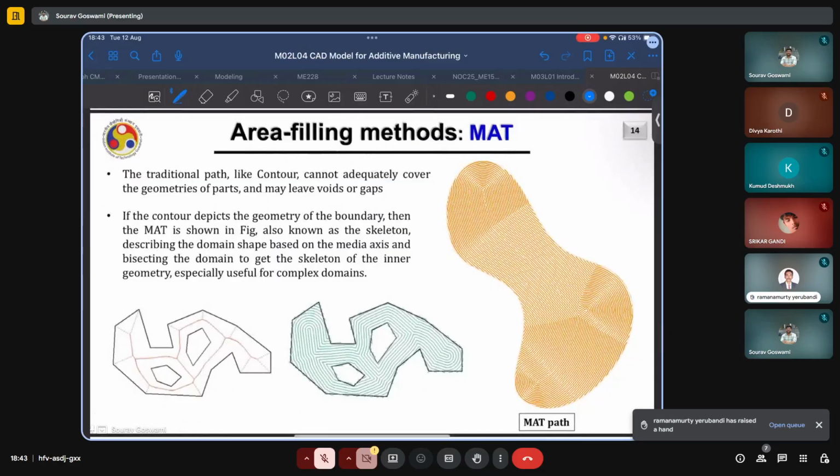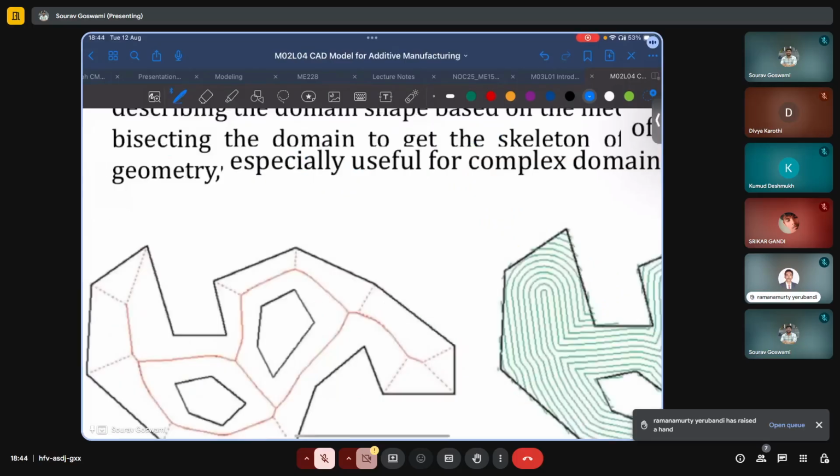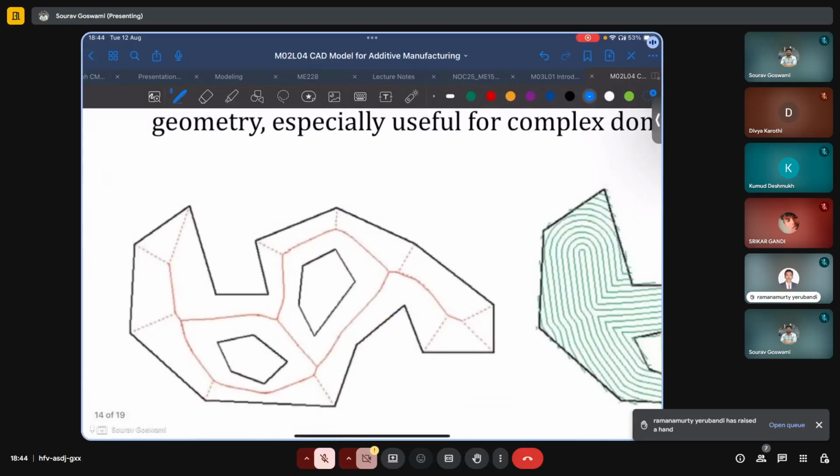Another method is MAT, or medial axis transformation, because as we discussed, some of the other methods do not really cover the geometries of parts, complicated parts, and may leave voids or gaps. We take another concept from nature, which is the concept of skeleton. Say if you have a complex shape here,